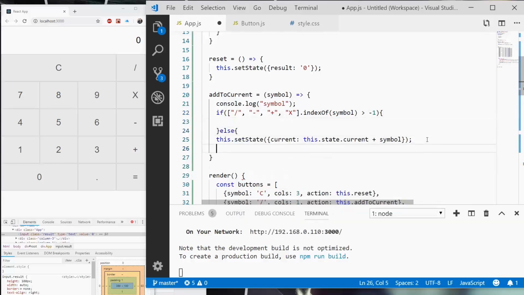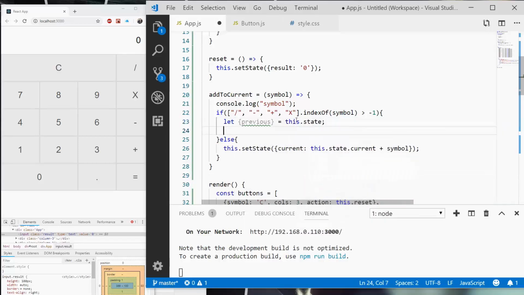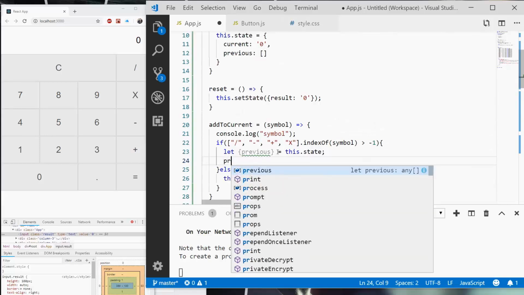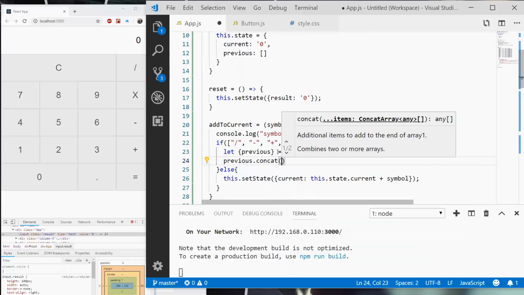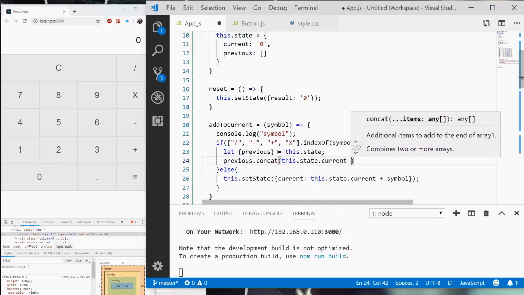And if it's not, we're going to do the same old add to current. So I'm going to save. And what we're going to do is take the current operation, or the state current, and add that to the previous array. So I'm going to let previous equal this.state. So we're going to get the previous array. We're going to do previous.concat, and I'm going to do this.state.current plus symbol,